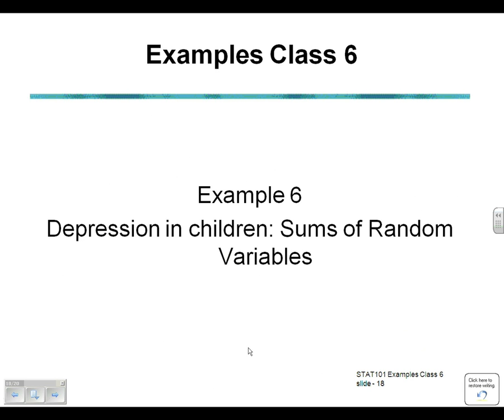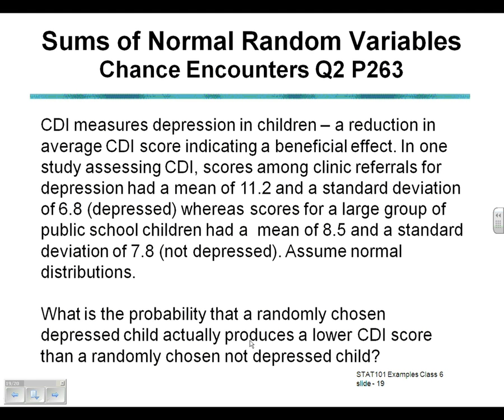And on then to example 6, using sums of random variables. This is the example on depression in children. So here we're looking at a measurement of depression in children. A reduction in average CDI score indicates a beneficial effect. We have a study which assessed clinical referrals for depression with a mean of 11.2 and a standard deviation of